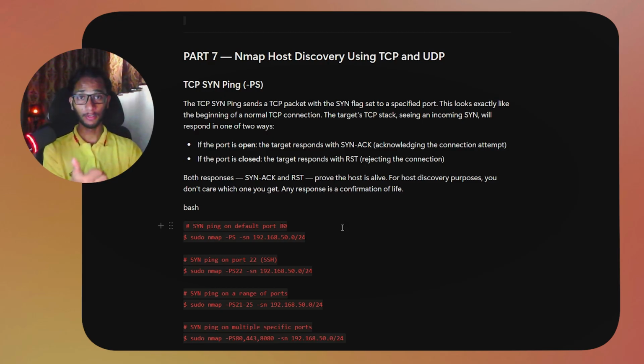There's a lot of difference, and we will be talking about the important ones. Remember, I told you at the start of the video why host discovery is so important. If we somehow miss one host, let's say we miss any device that is on a network and running a service that can be exploited, and we forget or miss that